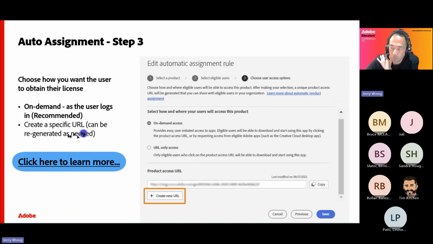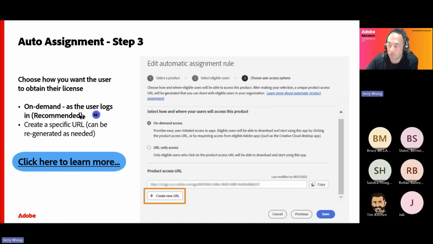So this is provided automatically, but if you want something that's free and open that everybody or a particular group can get access to, just use the on demand. That way, by however means a person accesses the product, they will get that license automatically. But the URL here as well, this will only work for users in your organization.